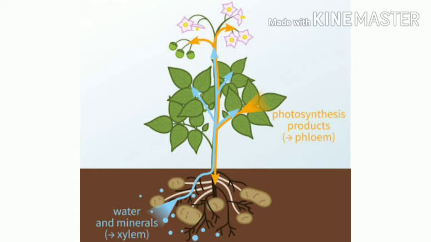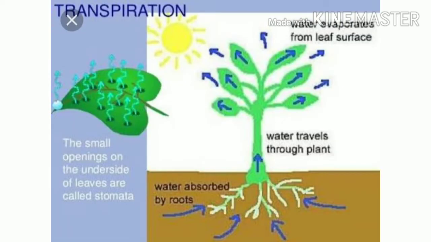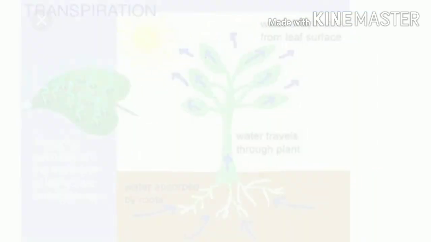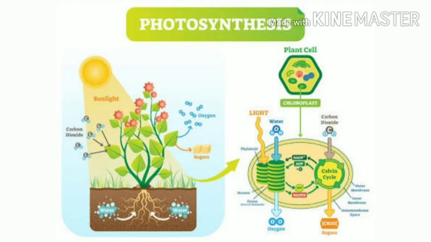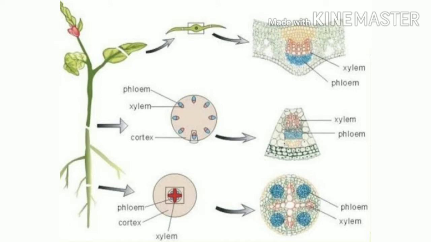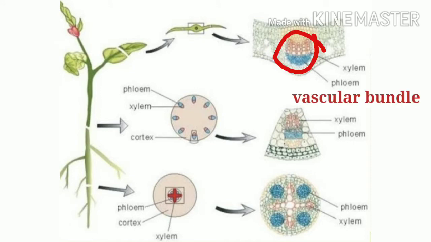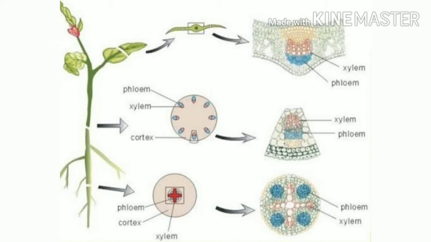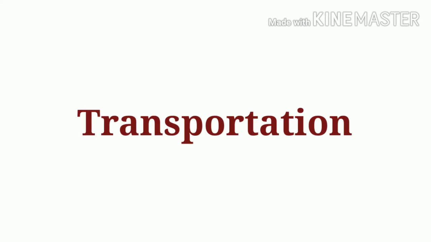Water and minerals are taken up by the roots to be transported to the stems and leaves. Physiological processes such as transpiration and photosynthesis carried out by the plants are directly associated with the transport of water. The special conducting tissues in plants, namely the xylem and phloem, which are collectively called the vascular bundles, help in transporting water, minerals and manufactured food to all parts of the plant. The movement of substances from one part of the plant to another through conducting or vascular tissues of plants is called transportation.